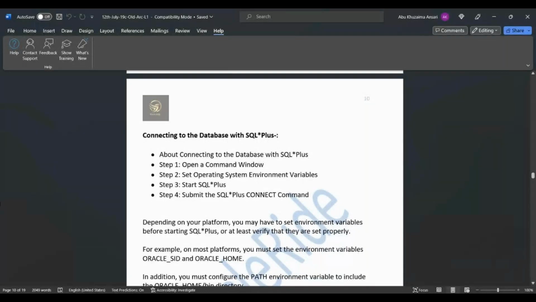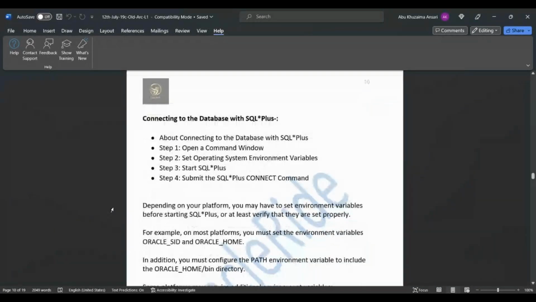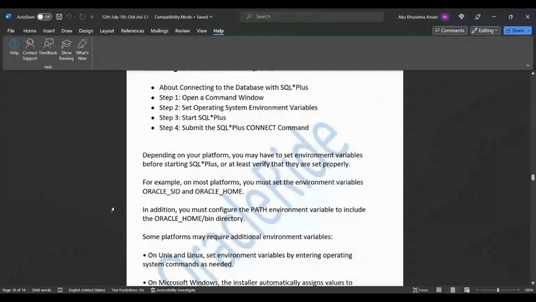Okay, so now about connecting to the database. First of all, you know the SID. So what is SID? SID is basically system identification, because in one home we can run multiple databases. So how will you identify which instance you want to connect to? For that you have to provide the SID: ORACLE_SID equals the database name, whatever SID you have decided. And then the environment variable, you have ORACLE_HOME,